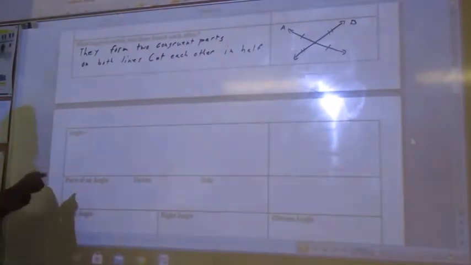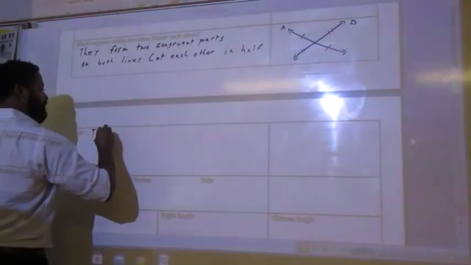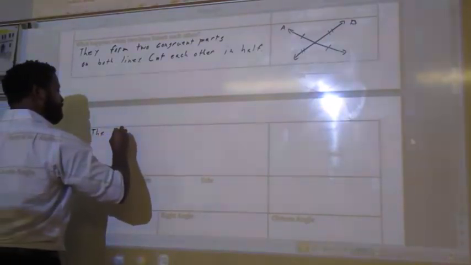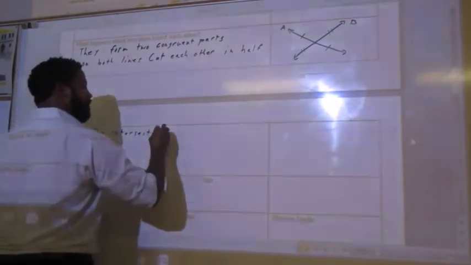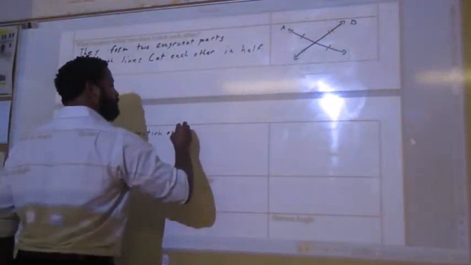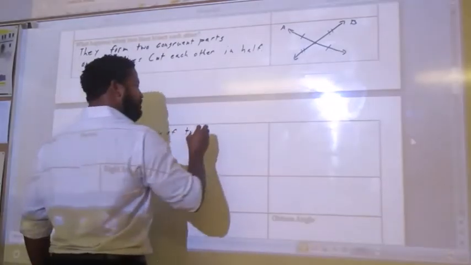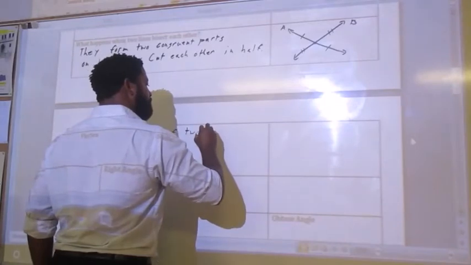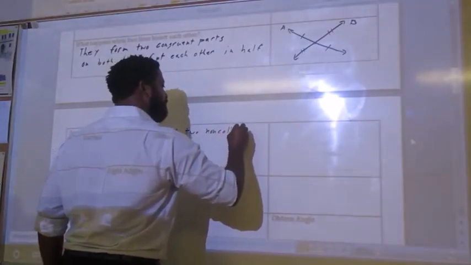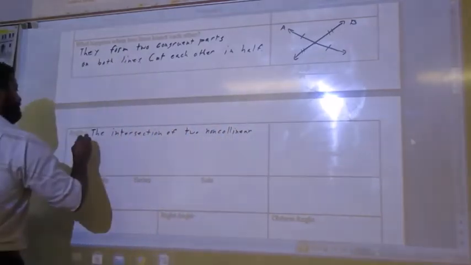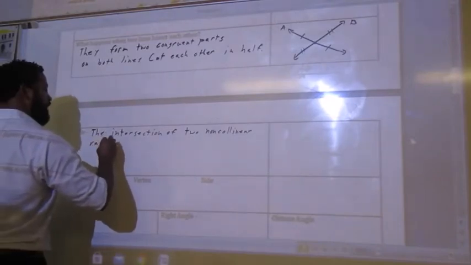Angle. The intersection of two non-collinear rays at